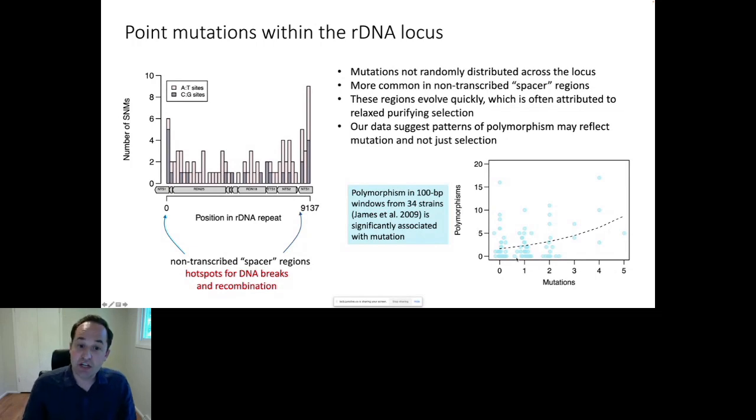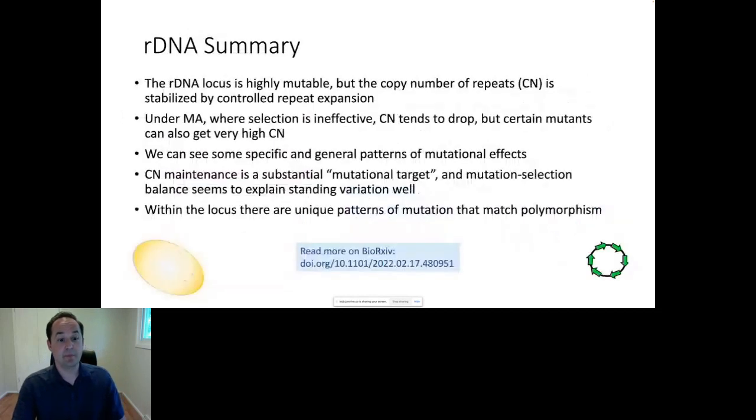And our mutation data actually are significantly associated with polymorphism data. So we're seeing more mutation where we also find more polymorphism, consistent with the idea that mutation rather than selection might be driving a lot of the polymorphism pattern here. Okay, so this locus is